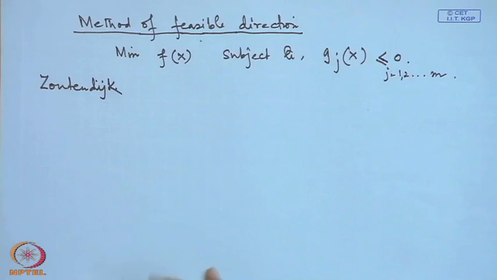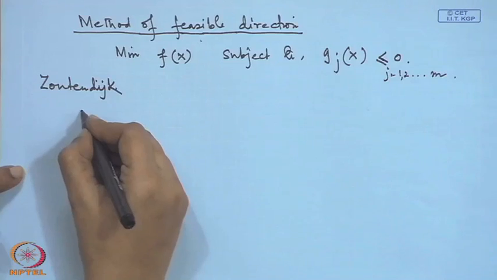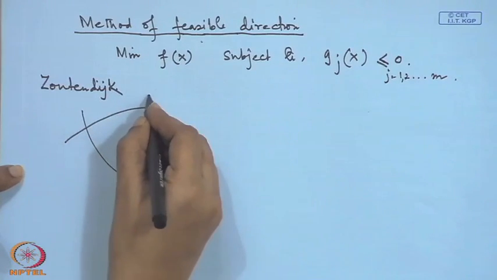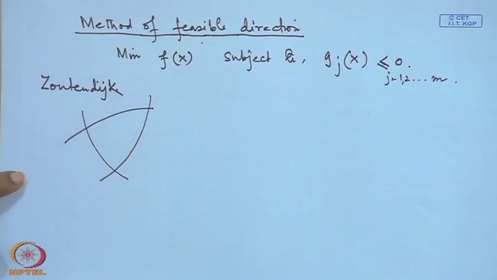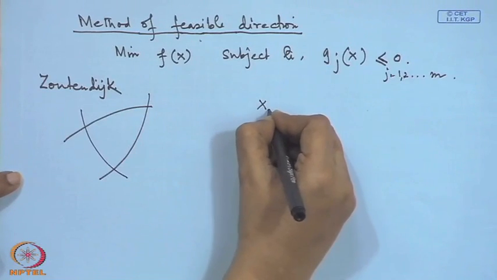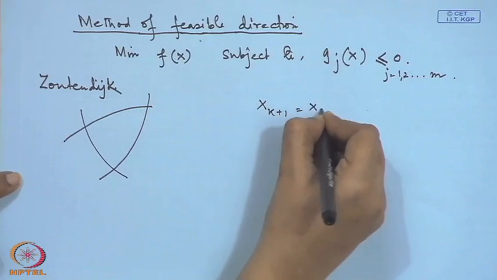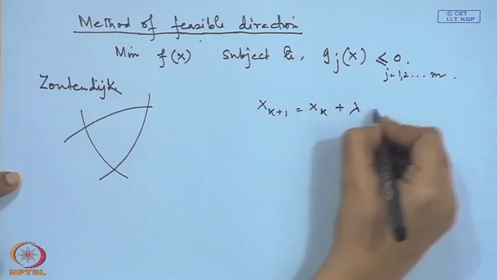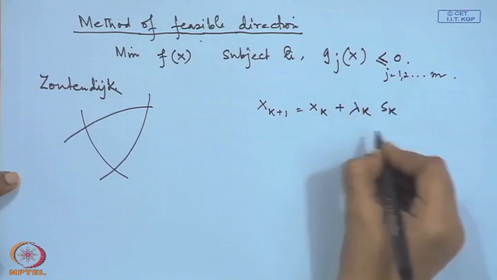Now, as we have seen in the KKT condition, if we start from a point x1, and this point is a regular point, rather a feasible point, and I want to move to the next feasible point, then we have an infinite number of directions through which we can do it. As we have seen for the unconstrained optimization technique, we have adopted this process. We start from xk and move to xk plus 1, considering lambda k as the step length,